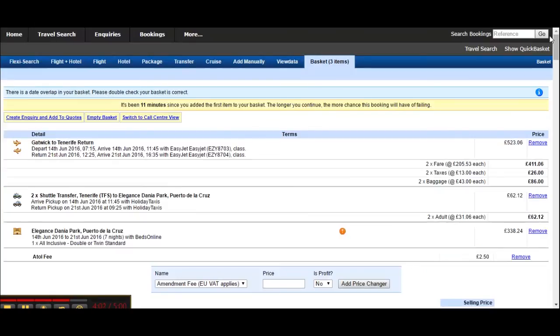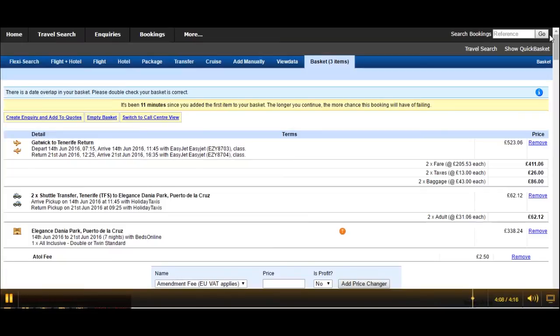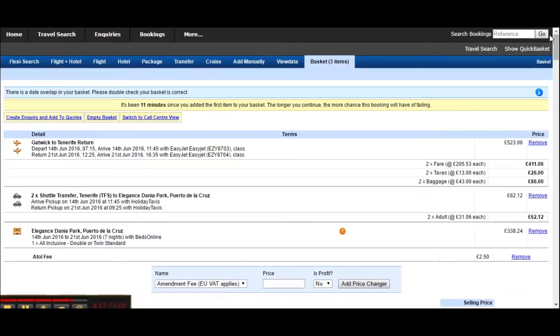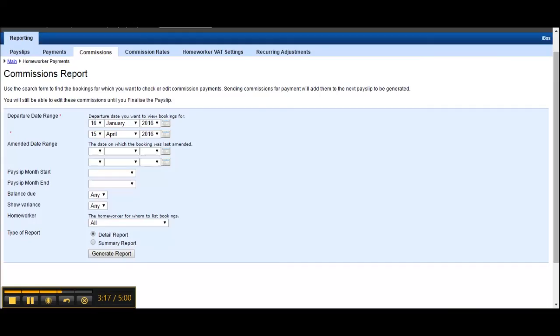As you can see, it's a very easy, quick system that leads you through the process in simple, logical steps and enables you to check a multitude of suppliers at the same time. Another thing I'd like to show you while we're in this part of the system is we now have a commission report. So it's a really effective way of keeping an eye on what it is you are earning and